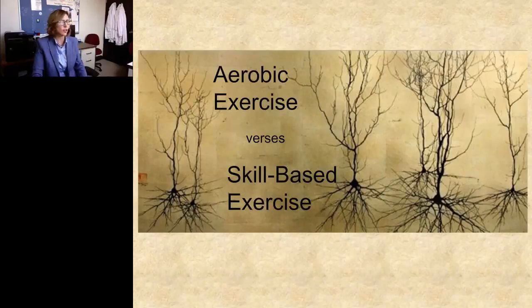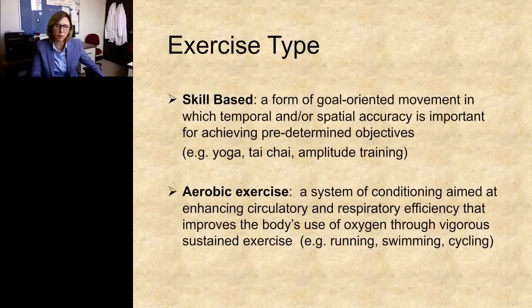So the next question I want to ask is about blood flow, about whether different types of exercise matter. That was another question that we were trying to address in the lab. The common things that we think about in terms of types of exercise, number one, is aerobic exercise. This is the type of exercise where you're trying to condition to enhance circulatory and respiratory efficiency. This is the type of exercise you most commonly hear about, particularly in aging studies, where the idea is that you're either riding a bike or doing anything to get your heart rate up, essentially,